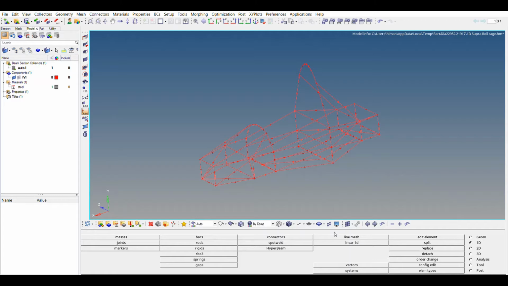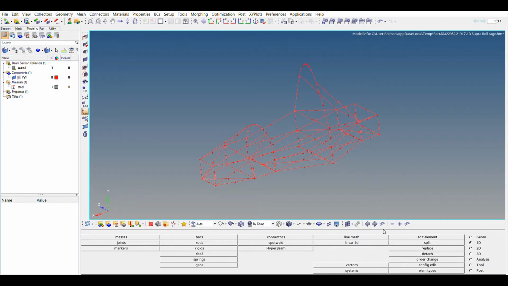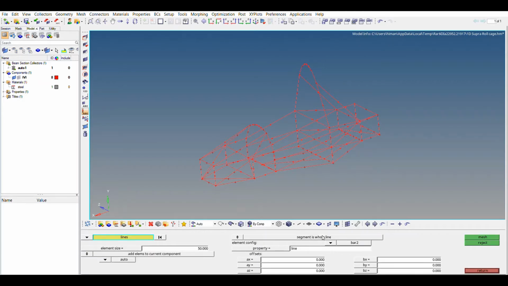Now let's mesh this, and then we will provide the boundary condition. For that, go to 1D panel and line mesh, select element configuration as bar2 and property as the one we have just created, line, and element size give it as 50 and lines as displayed.